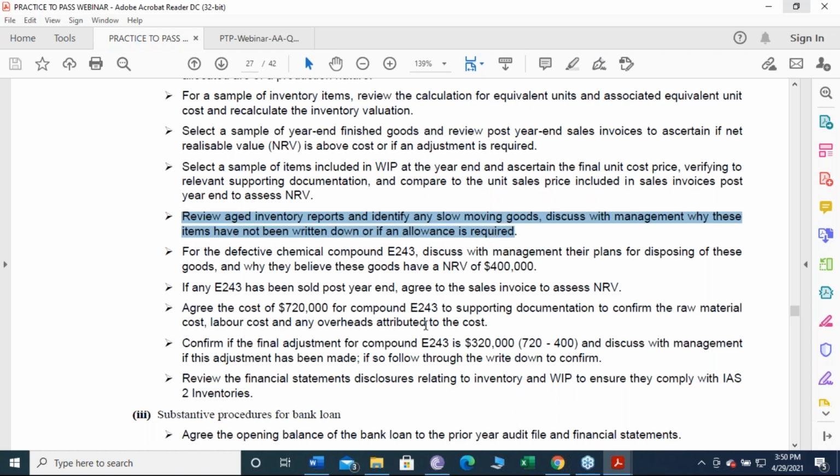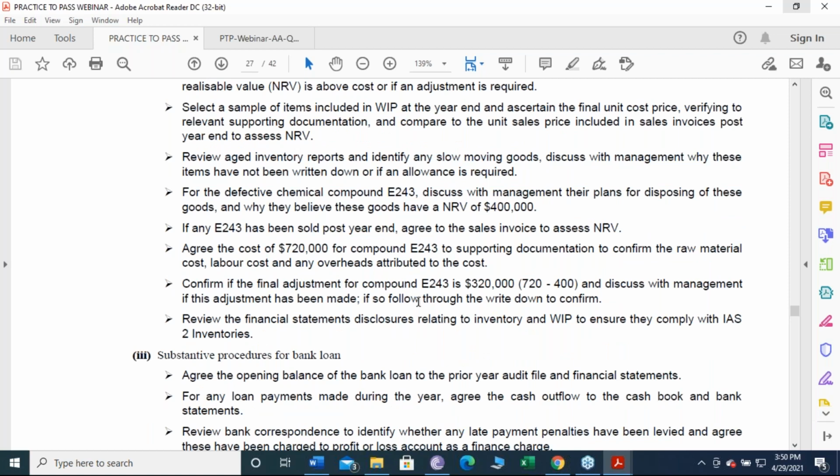Now, somebody asked me like 15 minutes ago how I'm going to apply my procedures on the case study. And I said, please hold on, I will show you how. The question has expressed 400,000 by itself. The examiner has expressed 720,000 by itself. So one procedure should be on 400,000, one procedure should be on 720,000, and one procedure should be on the difference of the two, that is 720,000 minus 400,000, 320,000.